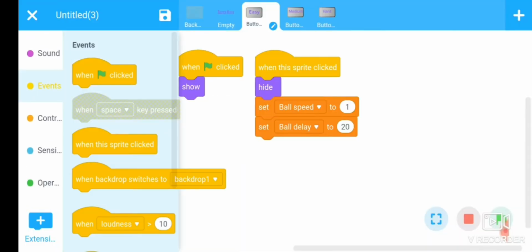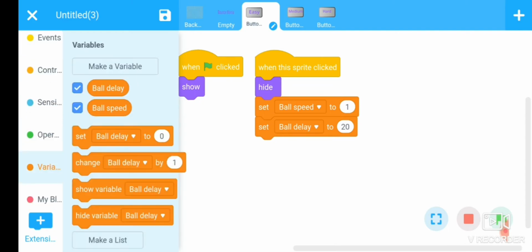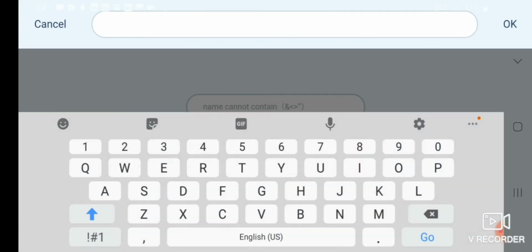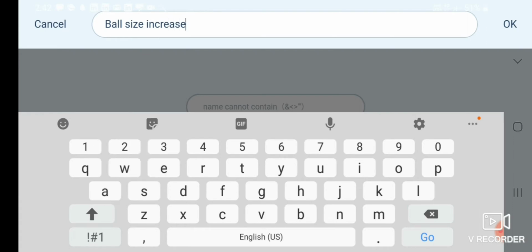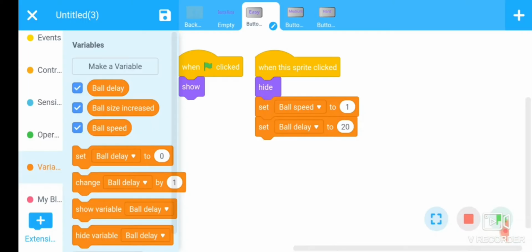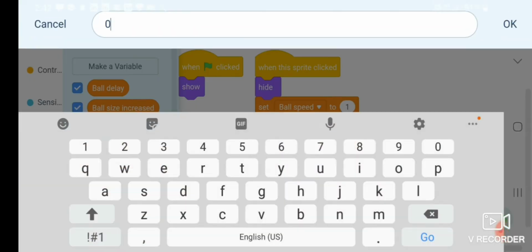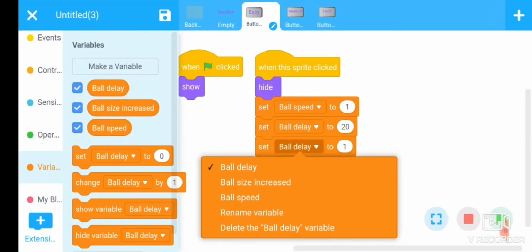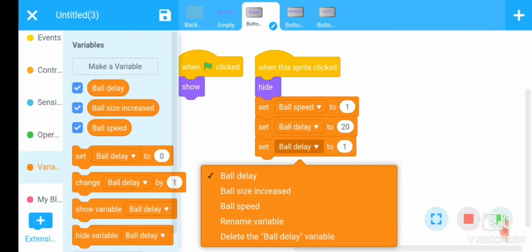Again go to the variable section, make another variable, that is ball size increase. For easy level, set its value to 1 and also choose the ball size variable here.